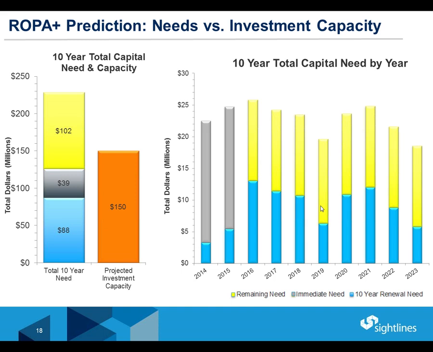So what we did was, the first step, we said, let's take that 150, divide it by 10, and that's $15 million each year. The key takeaway of this slide is they don't have all the resources to address all the things that are coming due, so they need to make decisions about, okay, well, what's the best way to allocate our capital over that time period? And that's where we got a little creative with them in developing different scenarios.